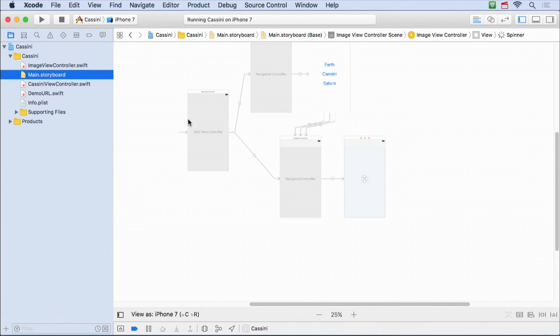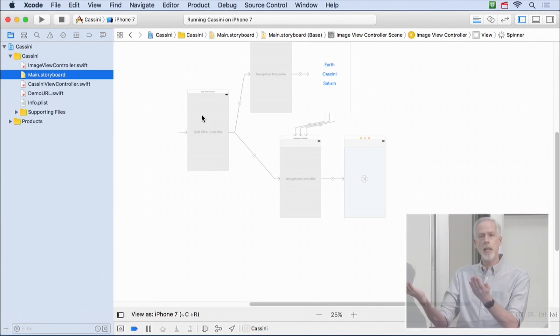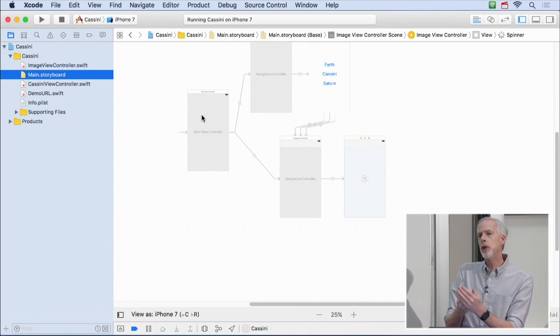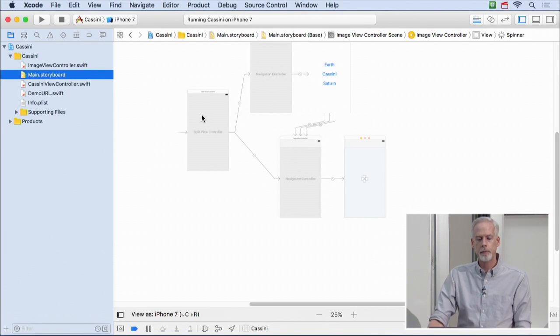Okay, because the split view controller asks the delegate, would you like to do the job of collapsing the secondary view controller rather, the detail on top of the master? Okay, so it's going to give me the opportunity to do that. And what I'm going to do is, if there's no image URL in there, I'm going to say I did it, but I'm not going to do anything. And that's going to cause it not to collapse the detail on top of the master.